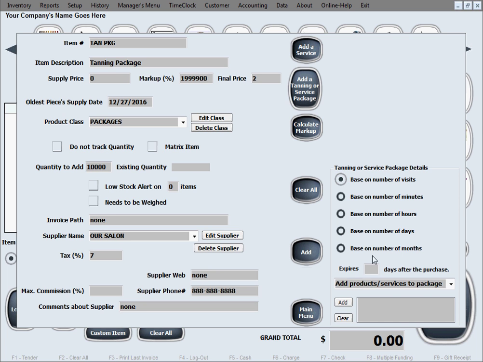And the first thing that you have to choose is this section here, where you can see that you have an option or multiple options for designating what the package's spending will be based on, such as number of visits, number of minutes, hours, days, months. In this case, since we are selling a service by minutes of tanning to be more exact, we will select to base the package on number of minutes. So we'll go ahead and click this second option here,